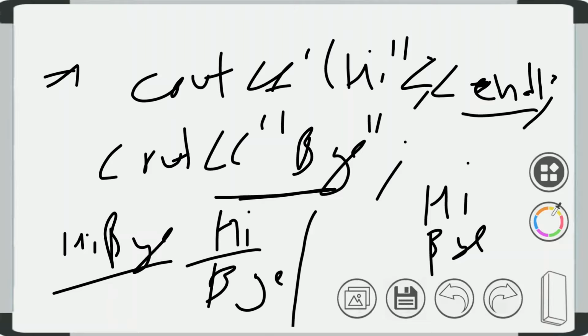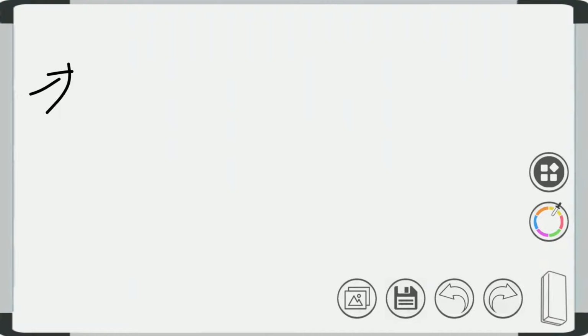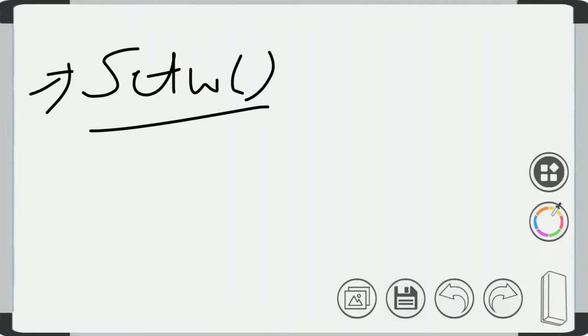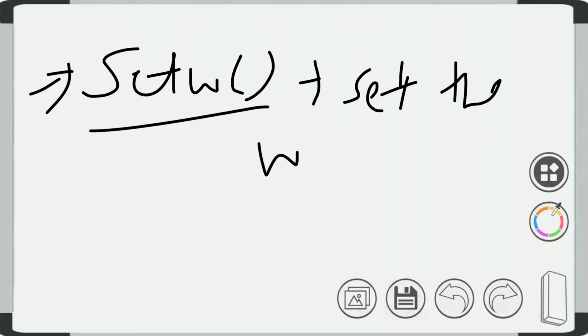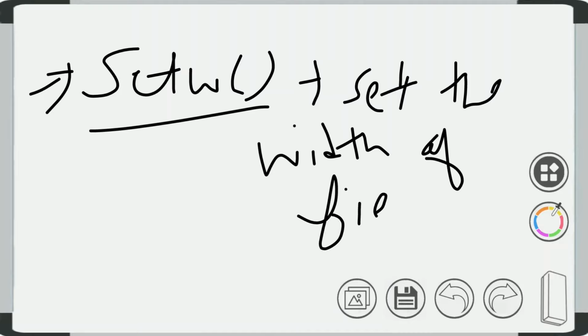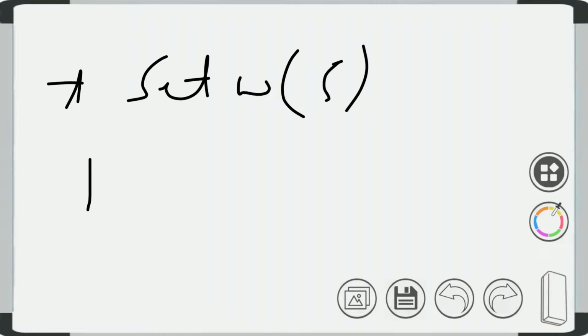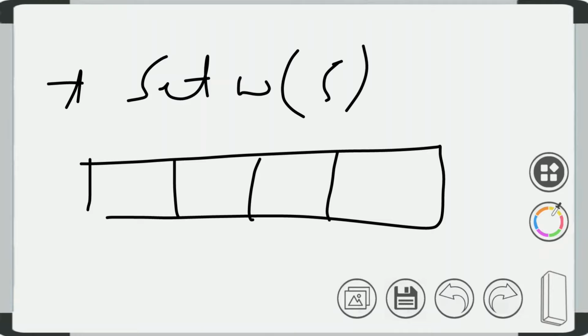Now the second manipulator, that is manipulator with parameter, is setw. The setw is a function which is used to set the width of the field, that is, the output field. Suppose setw 5, then the output field will be like this: 1 2 3 4 5. 5 spaces will be there.